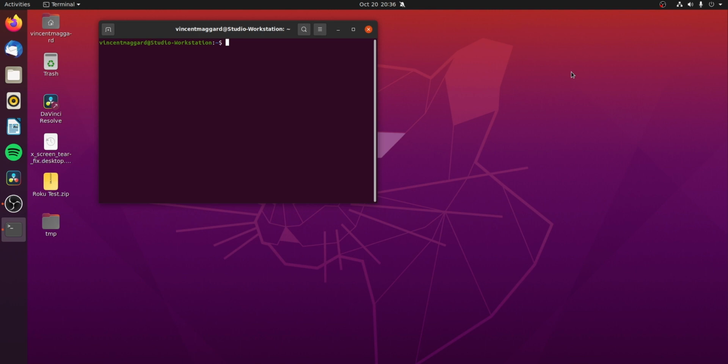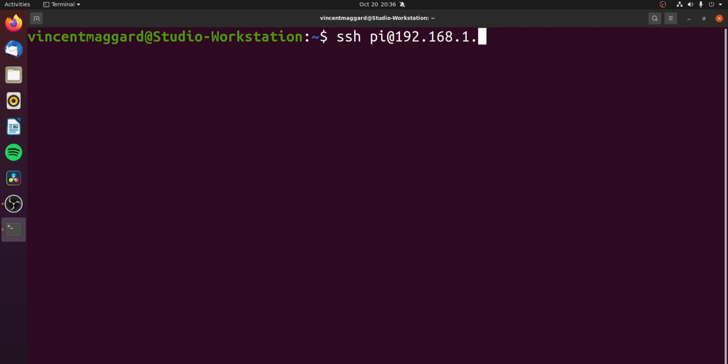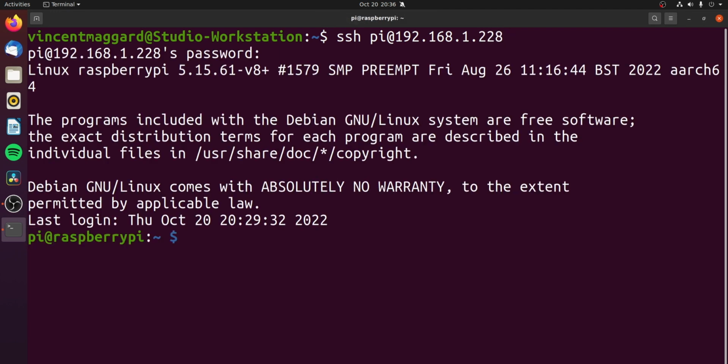Alright, so we're looking at the desktop here. As you can see, we've got a terminal up here and I can go ahead and make this a little bigger. Alright, and I'm going to SSH in to my Raspberry Pi, but it doesn't have to be a Raspberry Pi. It could be any system you have. And I might even be able to type it correctly eventually. Look at that. Now we're logged in, and you can see we're logged into the Raspberry Pi.